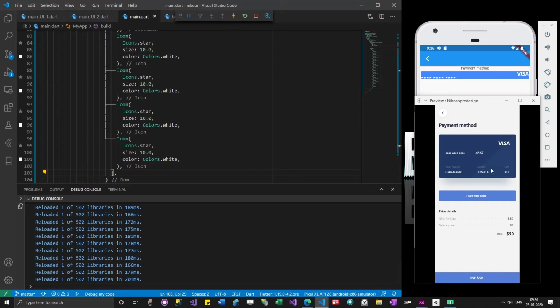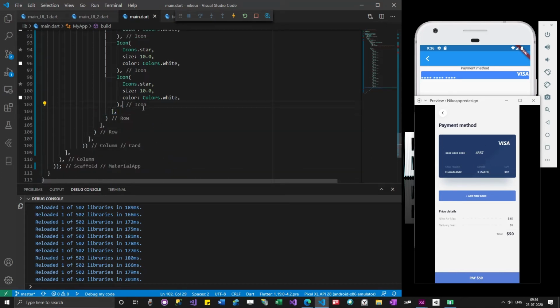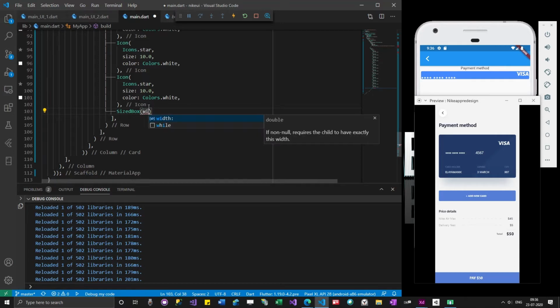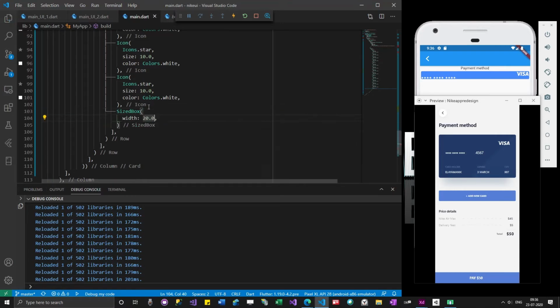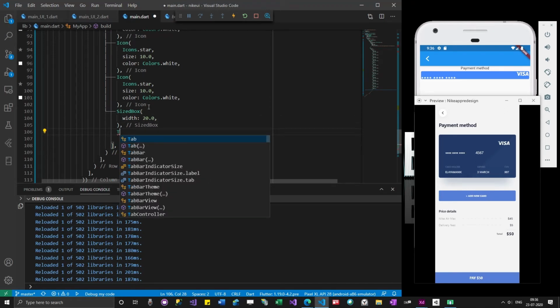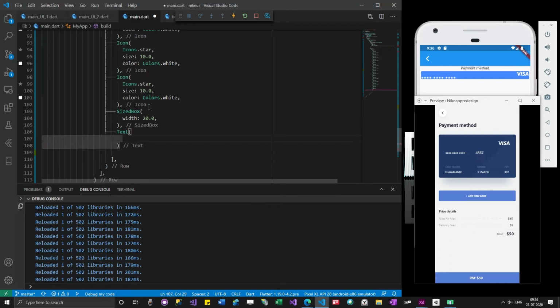Okay, we got the card, and then we have to give 4 numbers. Maybe width 20.0, text of 4567.